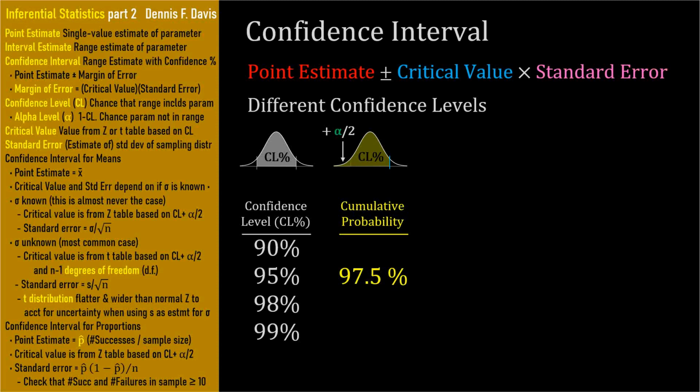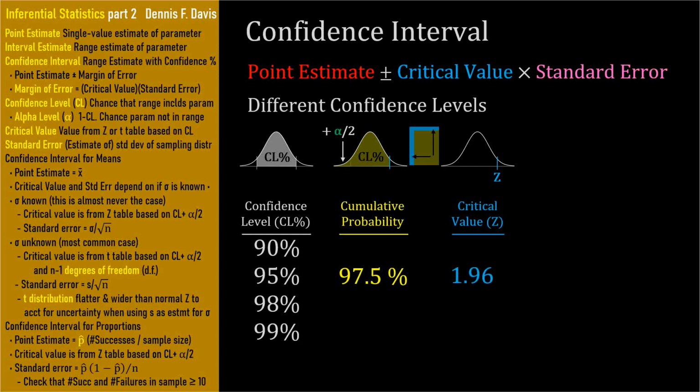I want to emphasize that you shouldn't need to memorize these formulas if you understand what's going on. To convert a yellow cumulative probability into a critical value, we use the normal table. Here's the memory aid. The table tells us the z-value we want, the critical value for the confidence interval, 1.96